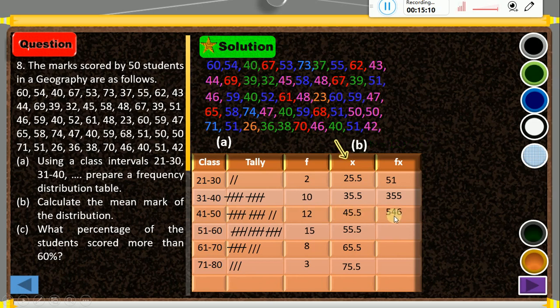And that gives us the answer 546. The same way we can now multiply this and this to get this, multiply this and this to get this, multiply this and this to get this. So we have that. Then we use calculator to add the summation of the product of frequency and the class center. Then when we add all these things, our answer will be